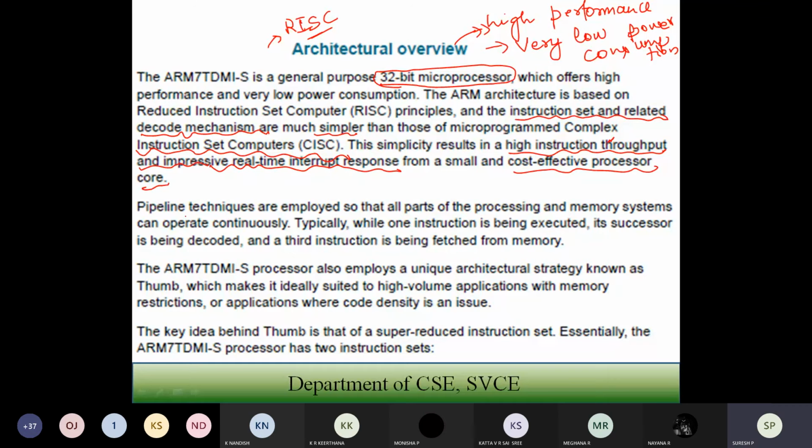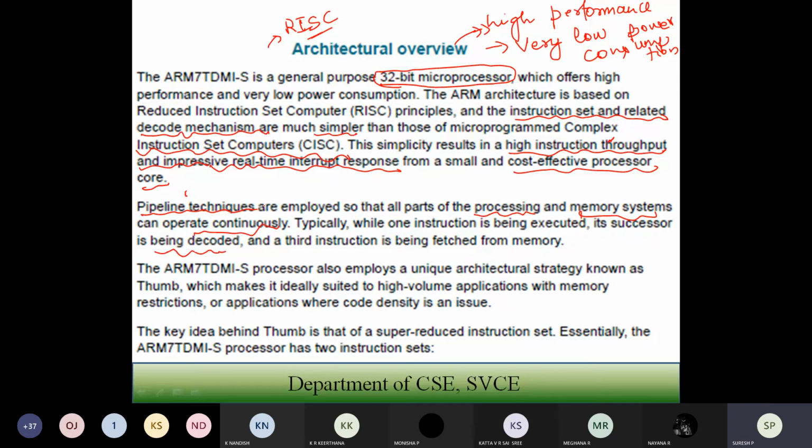Then pipeline techniques are employed so that all parts of the processing and memory systems can operate continuously. As I told you in the previous class, they execute concurrently. While one instruction is being executed, another is being decoded, and a third is being fetched.